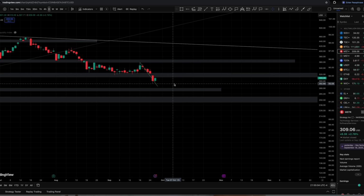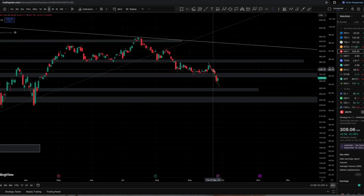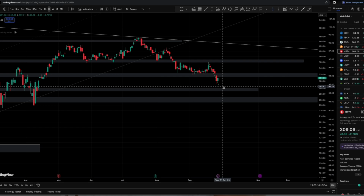It almost did. We went to 292. That bear flag was calling for 285. That's pretty much good enough for me. That's practically the whole move. But we might end up playing out the whole thing and going down to the 285 mark. And I think if we make it to 285, then we probably touch this 280 mark, and that's potentially where